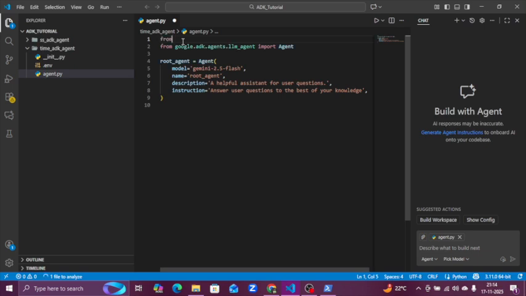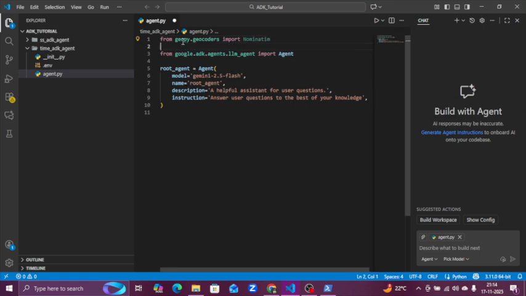One of them is from geopy.geocoders import Nominatim. This module checks the latitude and longitude of the city and also tries to find that particular city in Google Maps. Then next I will import